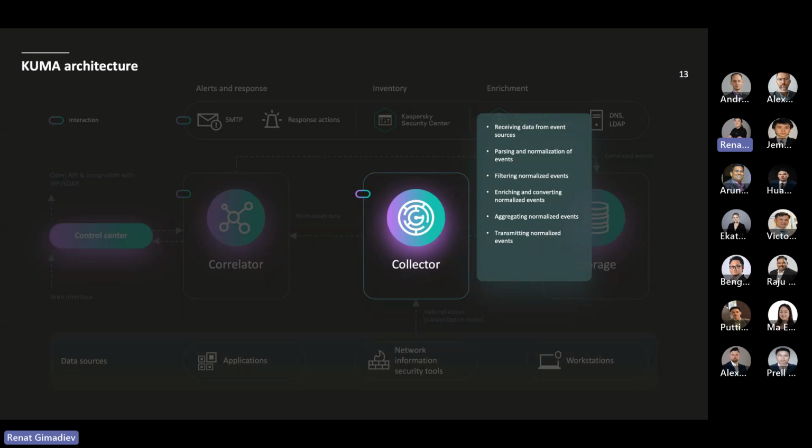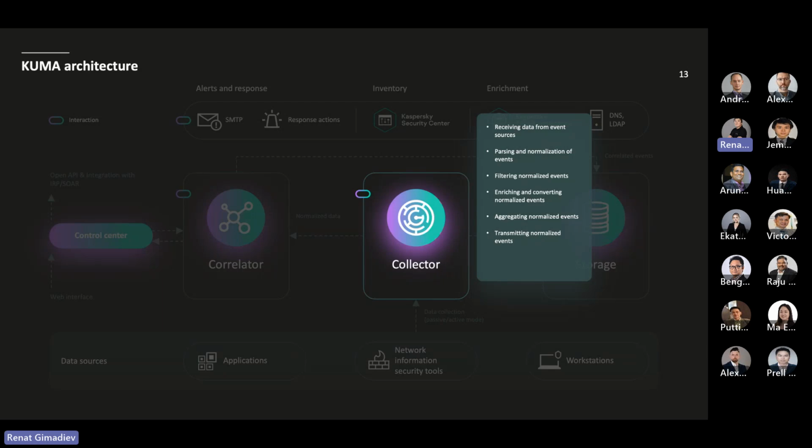That will be a service at the operating system level, and this service will be used for receiving the data, for parsing and normalizing the events, and for filtering normalized events,